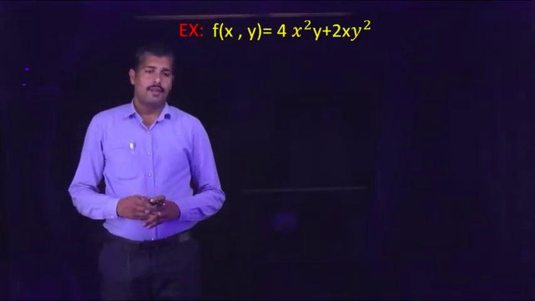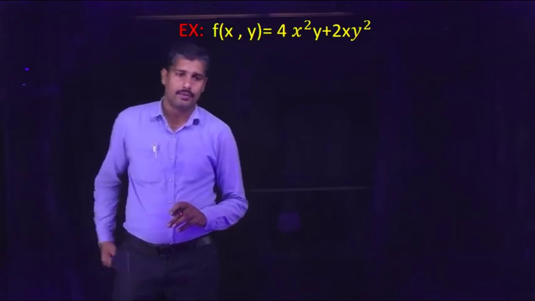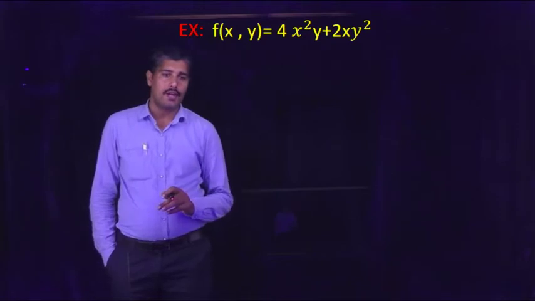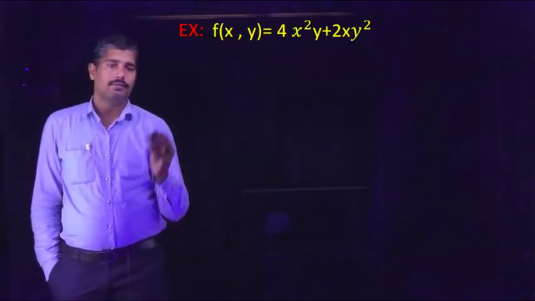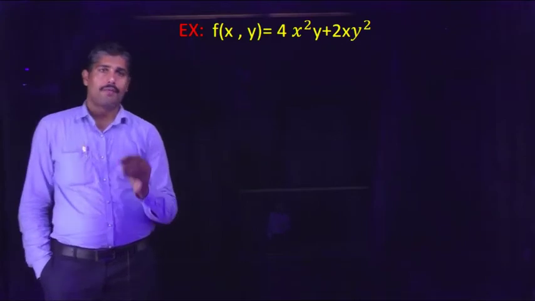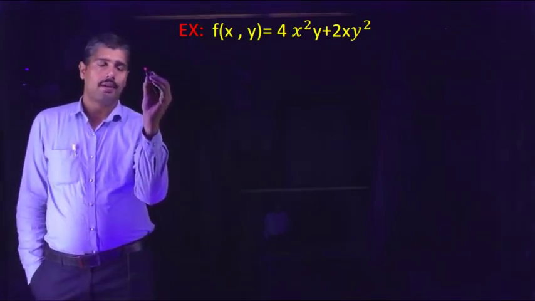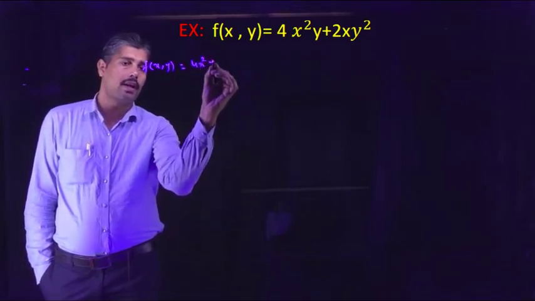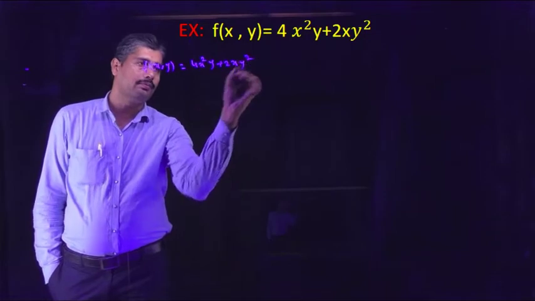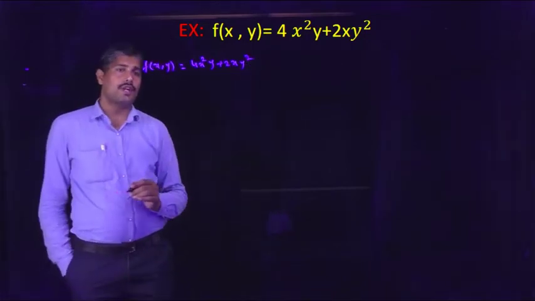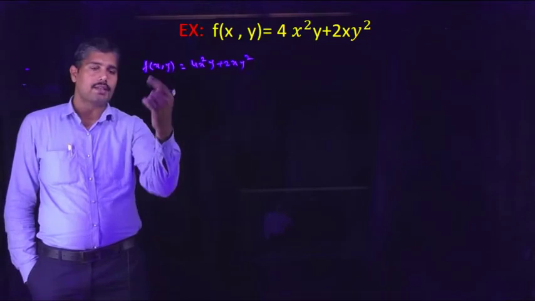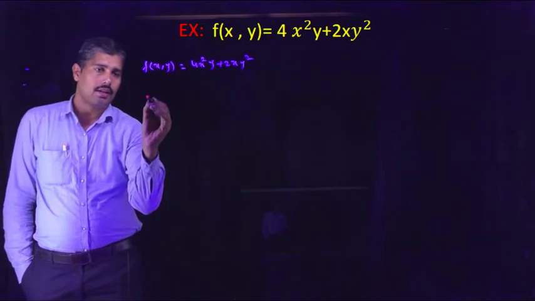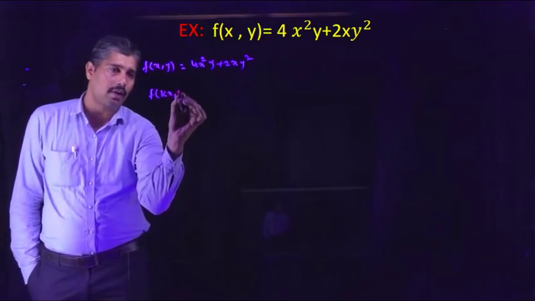See the example of a homogeneous function. f of x comma y equals 4x square y plus 2x y square. See what is a homogeneous function? In the place of x we take kx, in the place of y we take ky. f of kx comma ky equals